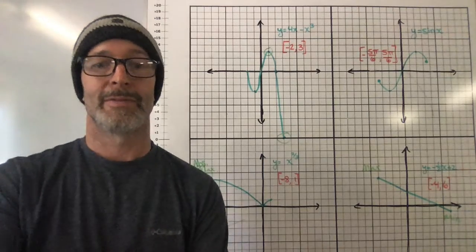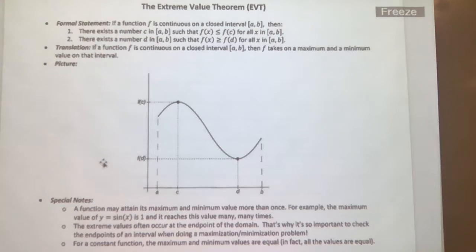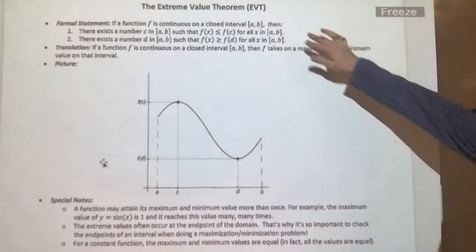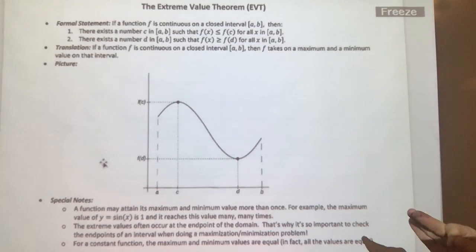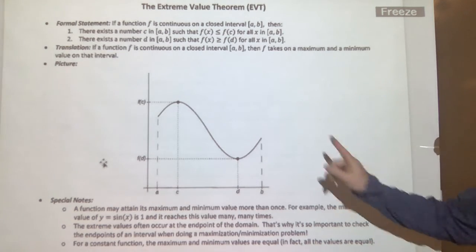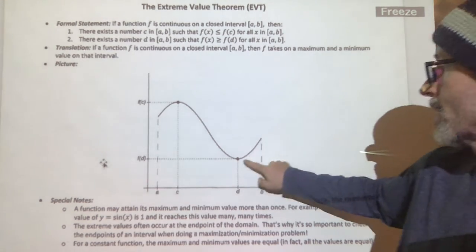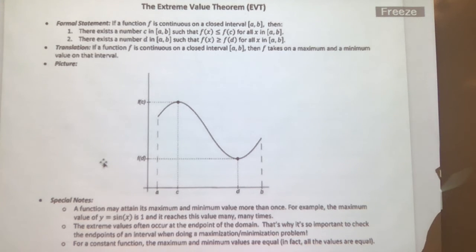And that's kind of the main point of this lesson here. This brings us to the idea of the extreme value theorem, another existence theorem that basically says, hey, we have these things, but I'm not telling you how to get them. The extreme value theorem is quite the formal statement, but essentially it's saying if you have something that's continuous on a closed interval, there has to be a maximum and minimum in that interval. There has to be a highest or a lowest point, whether it's the end point or something in between. So in the next video, we will look at the definitions for max and min, but mainly how to find